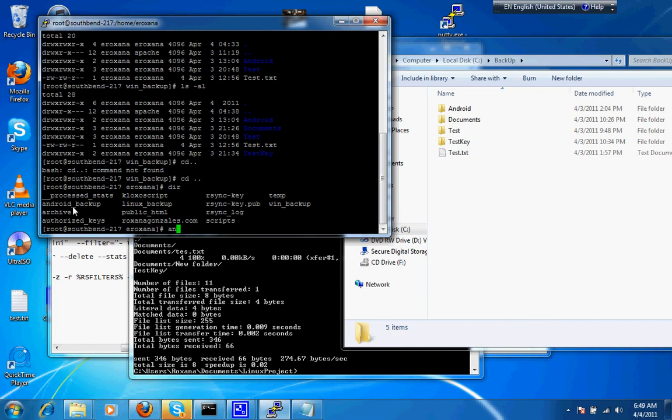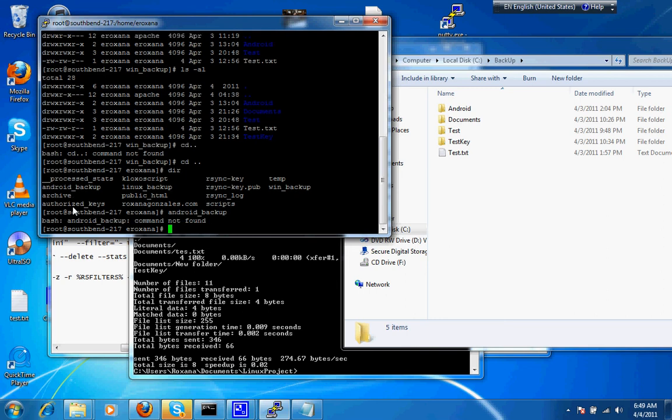That is because I can also do a backup of my Android using the rsync made for Android. So now this is my server where I can do my backups no matter what device I have. And backup, for example,